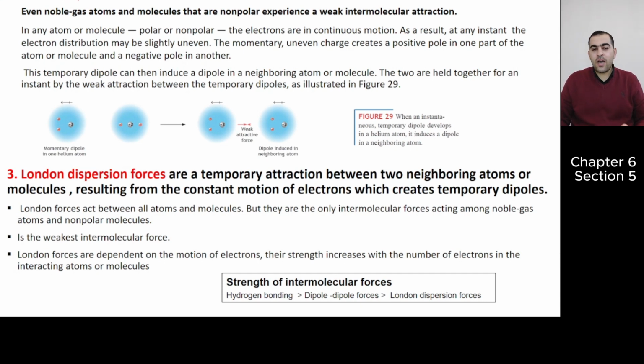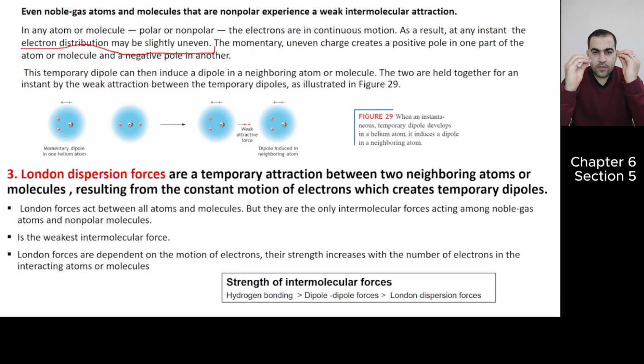In any atom or molecule, polar and non-polar, electrons are in continuous motion, and they move very quickly around the nucleus. As a result, at any instant, the electron distribution may be slightly uneven. Look here, which is helium. We're talking about two heliums, how they